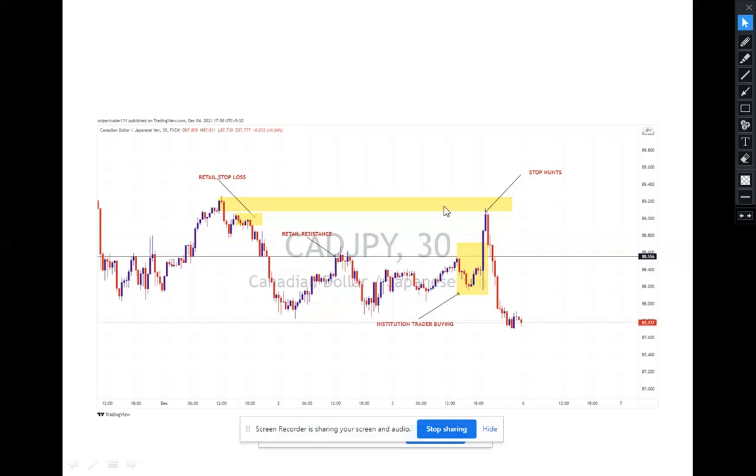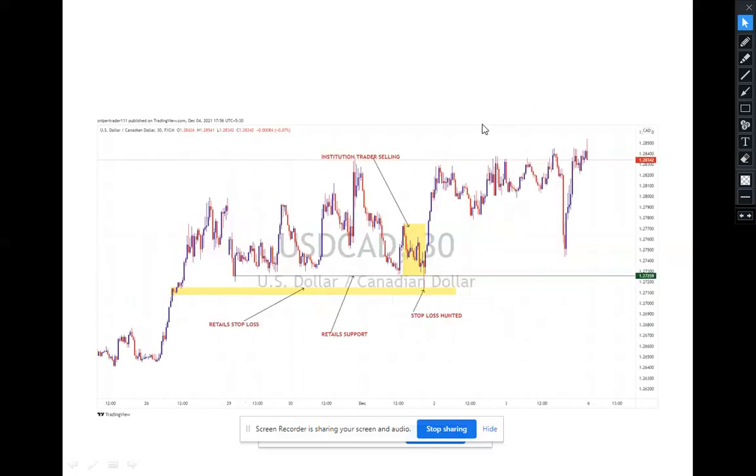So now the question is, this is another example, an example of a buy trade. If you look at it very well, we have the retail stop loss, because we have a clean support level here. So this is the retail support level, and this is the stop loss hunted. This is the stop loss. Look at the lower shadow. The lower shadow touches this